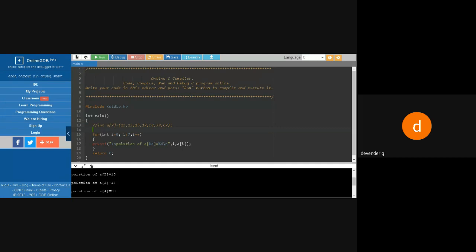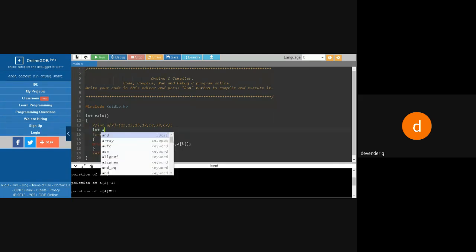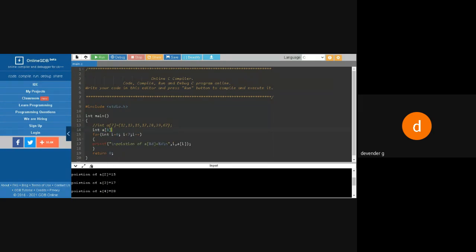So now I want to enter the values. I'll take int a of 4. Then I'll say printf, enter first element.